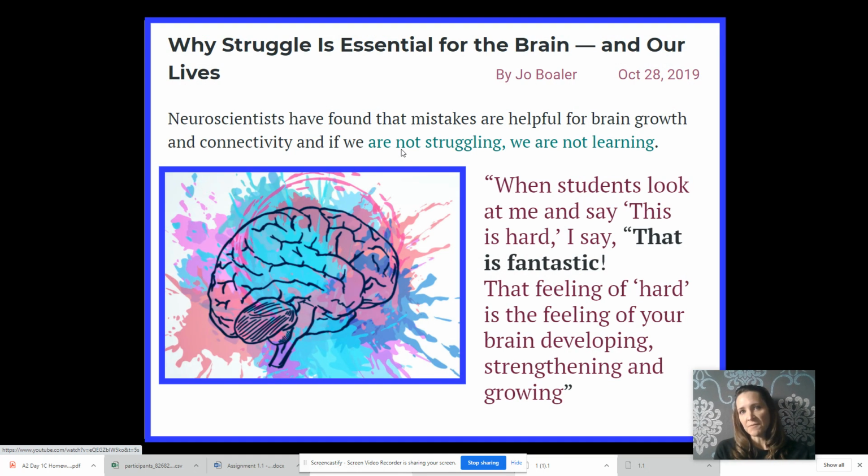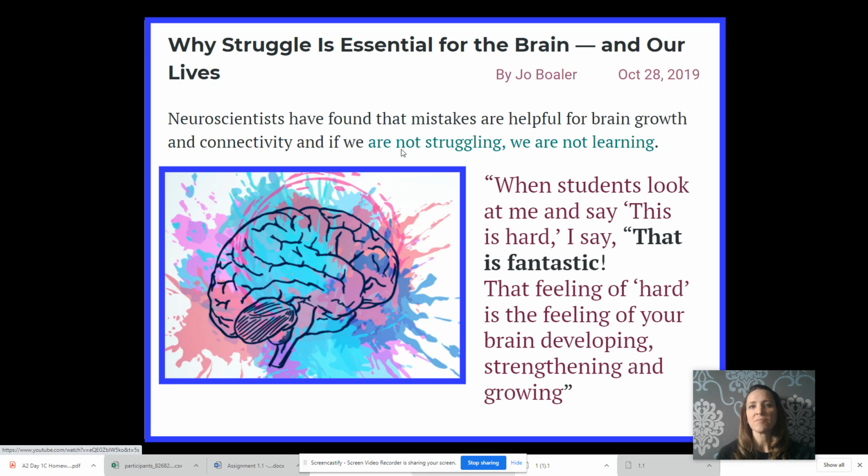One of the things I shared with my students on the very first day is having a growth mindset, understanding that their brain is incredibly elastic, that it can change, that it can develop, and that there's no such thing as not being a math person or saying, I can't learn math. We also want to encourage our students to be willing to struggle and engage with math a little bit. Research has found that when we are struggling, that is when the learning is taking place.